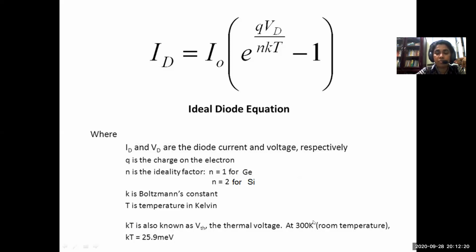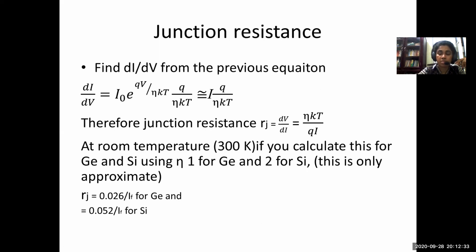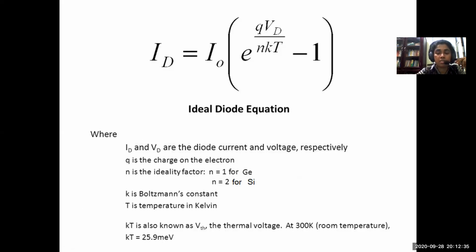So if you are calculating KT, the thermal voltage at room temperature, even though it is not correct for us, we will take room temperature to be 27 degrees Celsius. It is not correct. Our room temperature sometimes becomes 30, 33 like that. But if 27 degrees Celsius is the room temperature, it makes our calculations easier because in Kelvin, it will become 300 Kelvin. So at that temperature, if you calculate the thermal voltage, it will come out to be 25.9 milli electron volt.